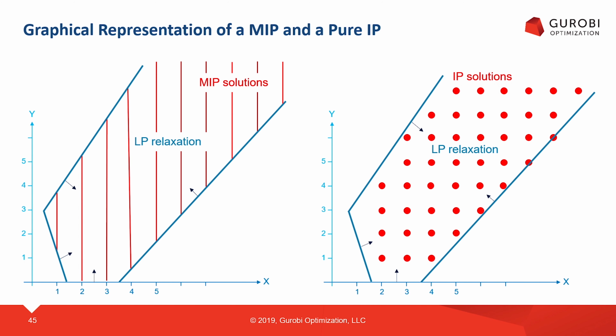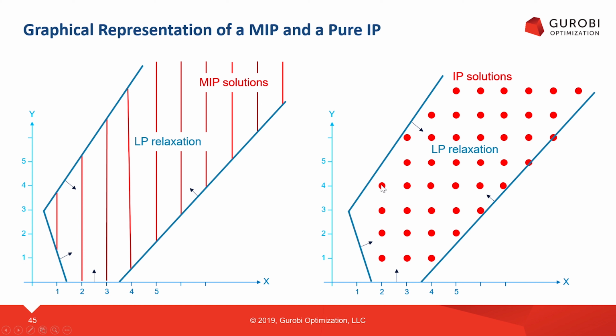So in the case when we require both variables to be integer, we have a similar situation, but in this case y is integer and x is integer. So again, these blue lines represent the constraints of the model, and the black arrows represent the feasibility direction. So the LP relaxation is all this polyhedron here inside, where we assume that both variables are continuous. If we impose the integrality constraint, then y and x need to be